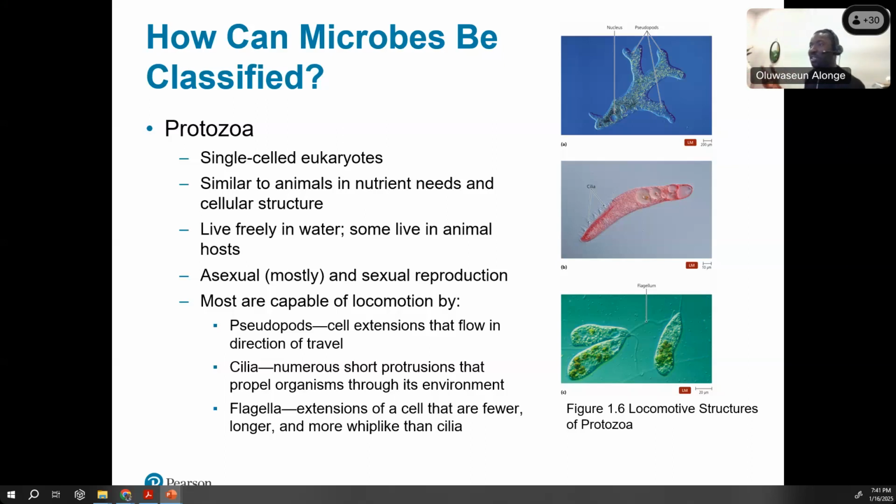They look close to what you see in animals, and you see them more in water environments. Some of them have animal hosts, so they live on their host. They reproduce sexually and asexually as well. Now, locomotion means movement. Most of them are capable of movement. They are able to move. They use